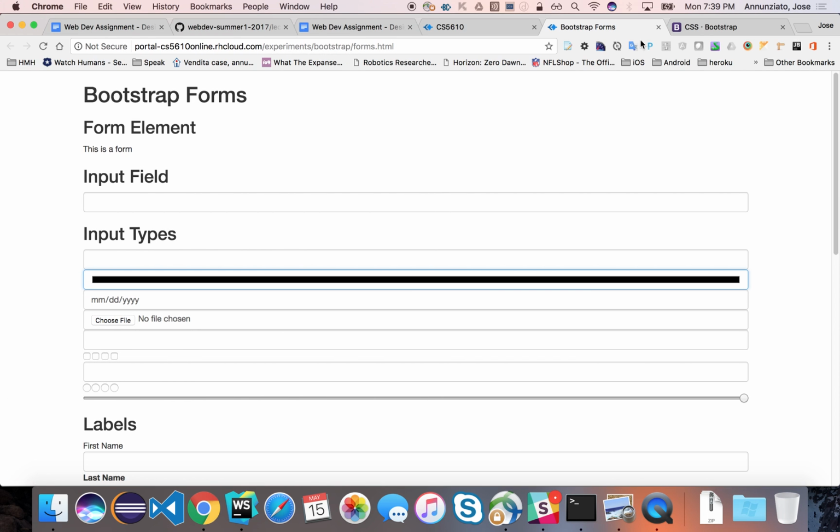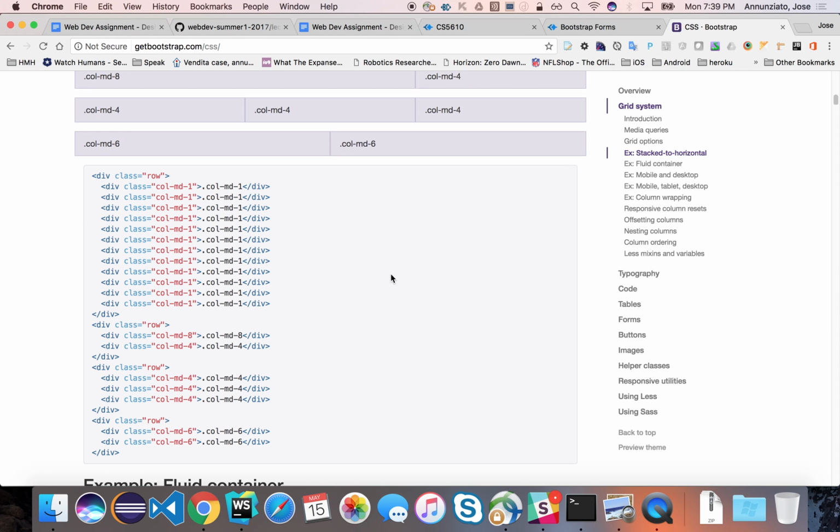So definitely become familiar with Bootstrap or whatever grid system you're going to use for your project, right? If you're going to use Material, become familiar with their documentation on where to find things, right? Ideally,